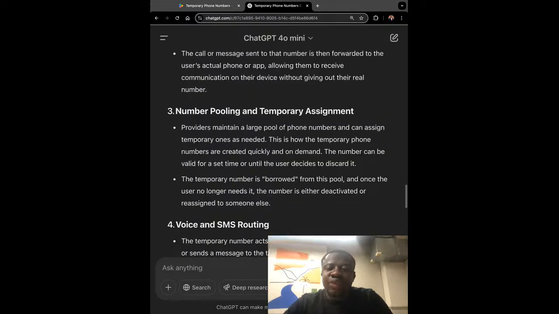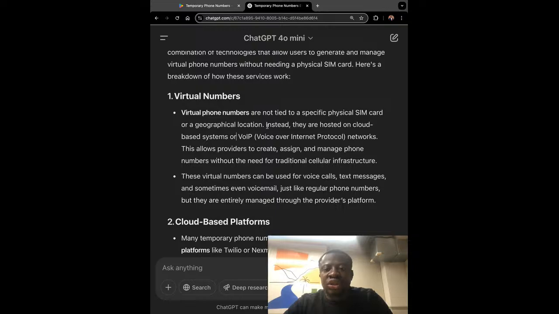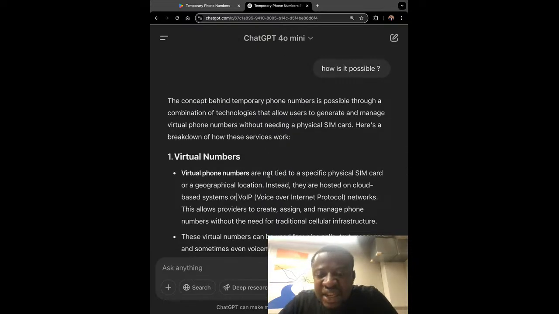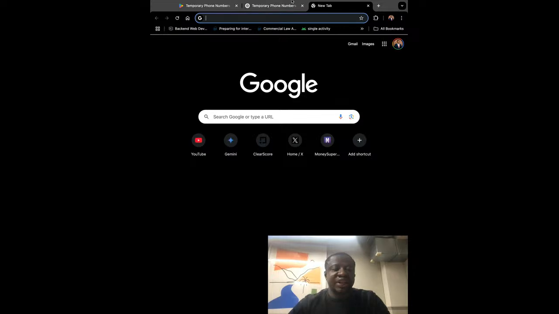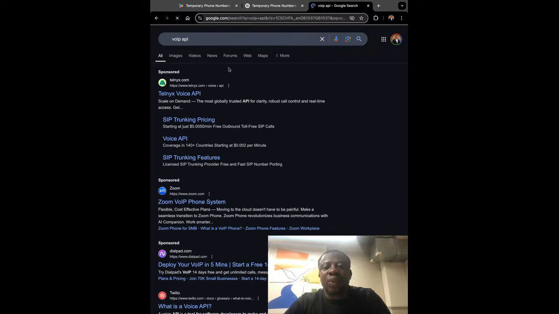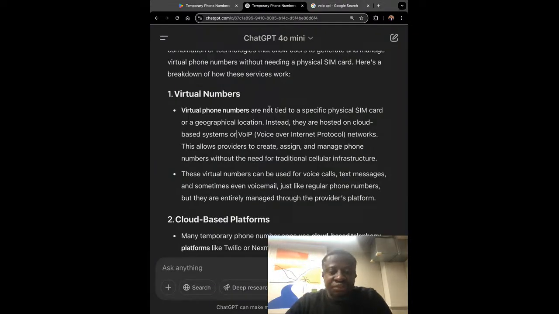The most popular and least complicated one is actually VoIP. You can come here and search VoIP APIs. And what is VoIP? VoIP is basically a phone number over a computer.